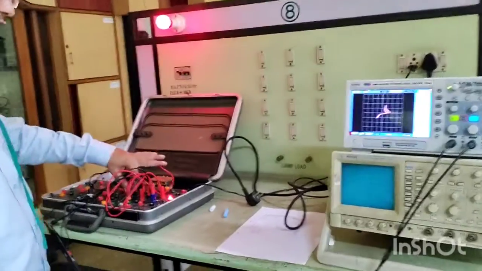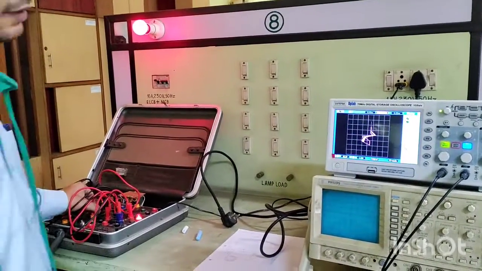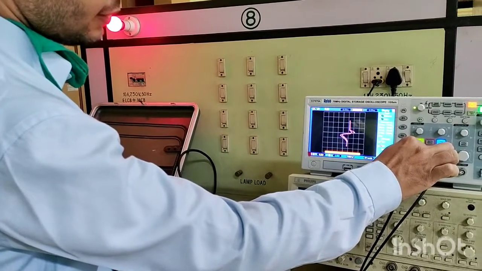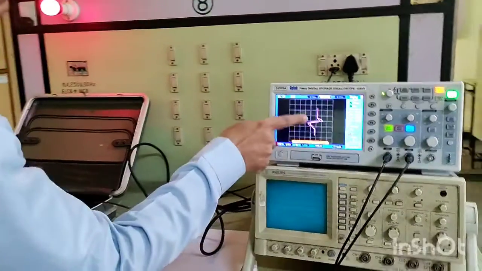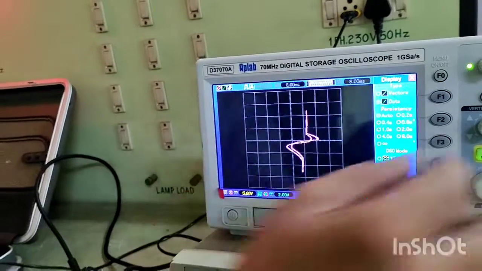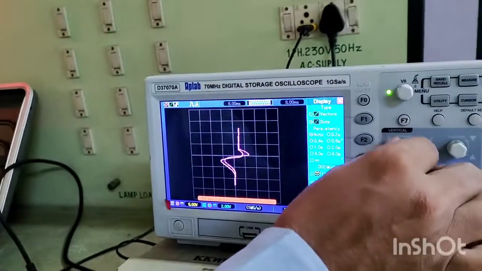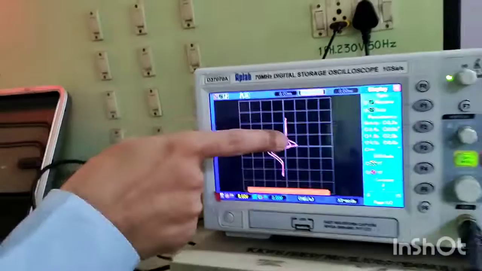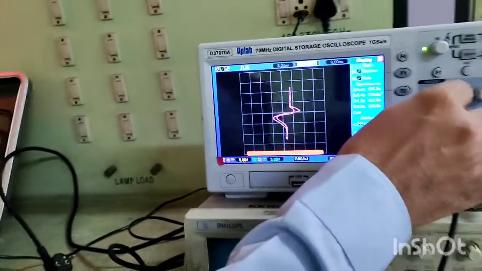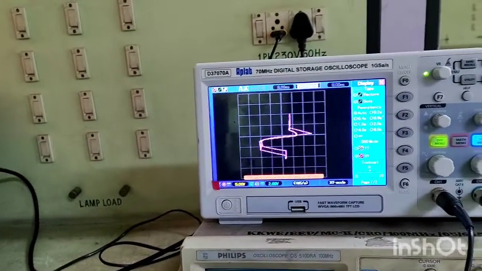When we are changing the gate terminal positions, right? Here I am changing the gate terminal positions. If you are observing, this characteristic looks like a triac. You can observe your theory characteristics are bidirectional. It's like this, and like this, and this direction. Now if you want to move this in the x-axis and y-axis, this is your y-axis position and this one is your x-axis. If you want to move right and left, it depends.